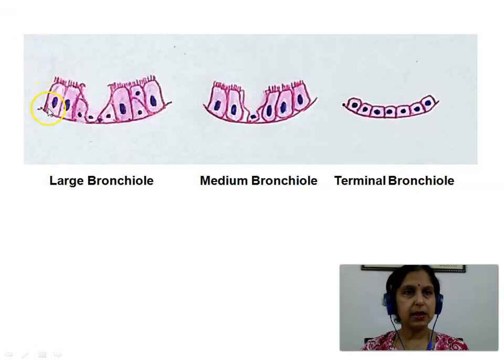This is a large bronchiole lined by pseudostratified ciliated columnar epithelium with goblet cells, ciliated columnar epithelial cells, and this here is a goblet cell. Medium-sized bronchiole is lined by simple ciliated columnar epithelium with a few goblet cells, while a terminal bronchiole is lined by simple cuboidal epithelium with Clara cells, and there are no goblet cells seen here.